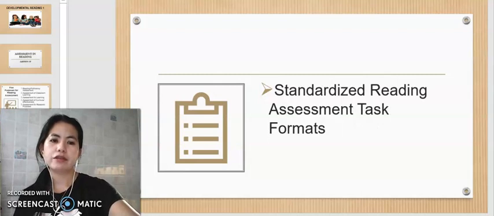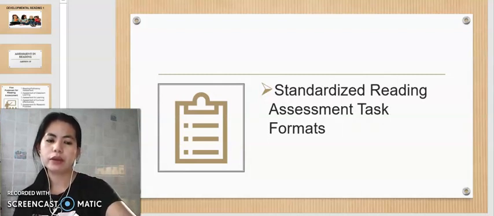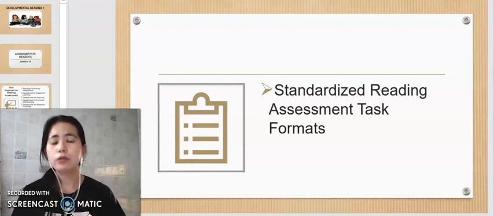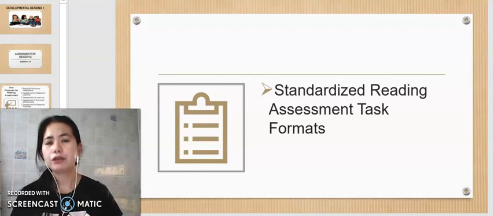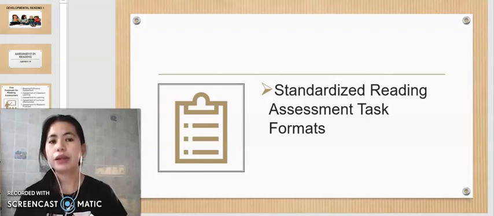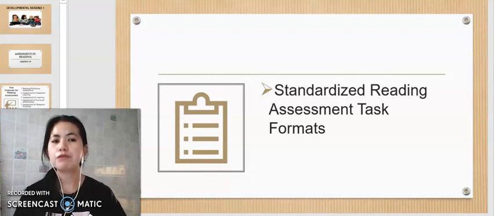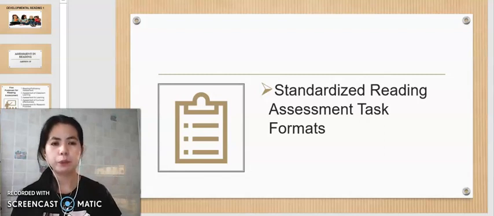For the standardized reading assessment task format, these are the task formats that can be used to assess the reader, like the cloze, the gap filling formats or the rational cloze formats, the C-test or retain initial letters of words removed, the cloze elide or remove extra word, text segment ordering, text gap, choosing from a heading for identified paragraphs, multiple choice, sentence completion, matching and multiple matching techniques, classification into groups, dichotomous items.